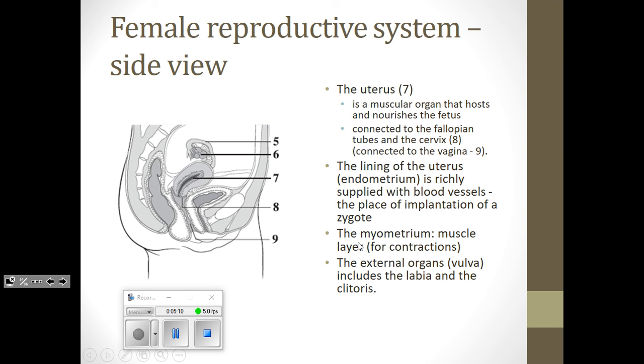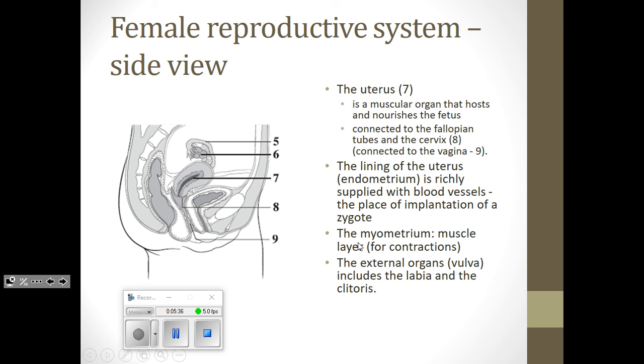Now the myometrium is the middle layer. It's the muscle layer, and that will be important, not necessarily right now because we're talking about making eggs and sperm and fertilization, but eventually when we get to the point of talking about a baby being born, the uterus will need to contract to help the baby exit the uterus, and so that muscle layer will be really important